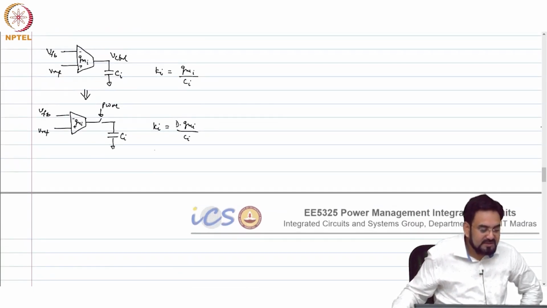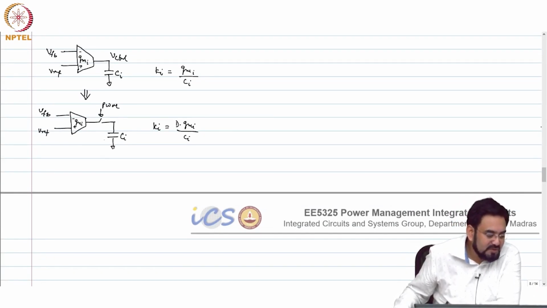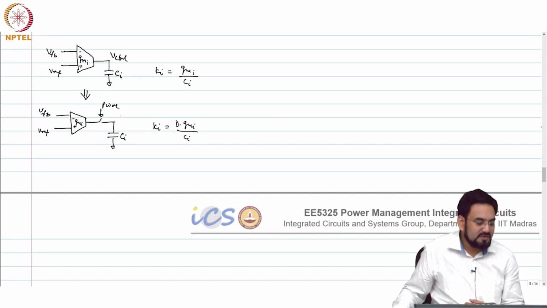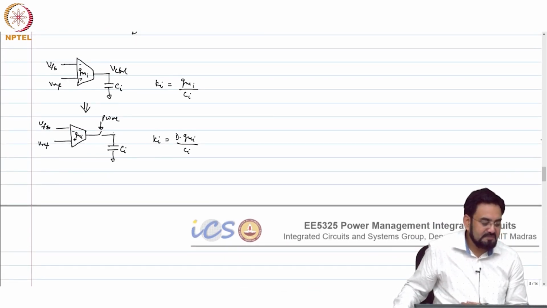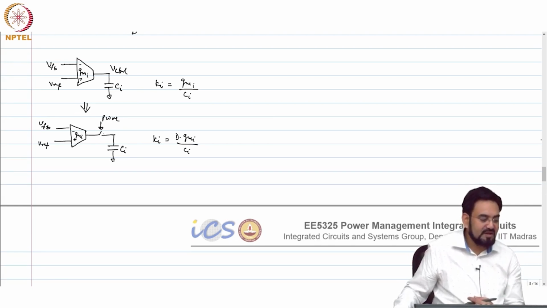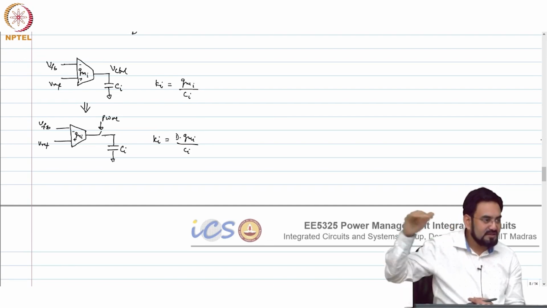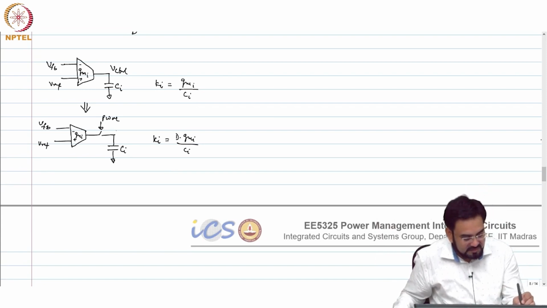But this clock has to be high frequency. One thing you have to make sure is that this should not cause a ripple at the output. If it's only an integrator, most likely even if you use a lower frequency clock, the same clock which is coming from PWM, you may not see a ripple here, since it's only a capacitor. But once you have a resistor here, then you may have a problem. Every time you turn on and off, you will see a change in the proportional component, and that will get reflected into your V control. So this is your V control.